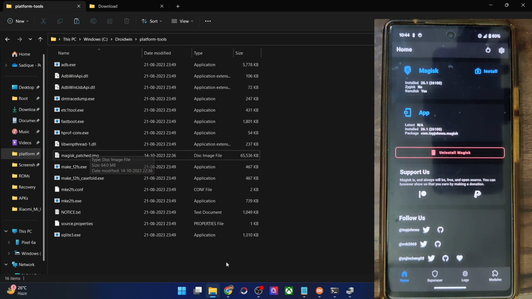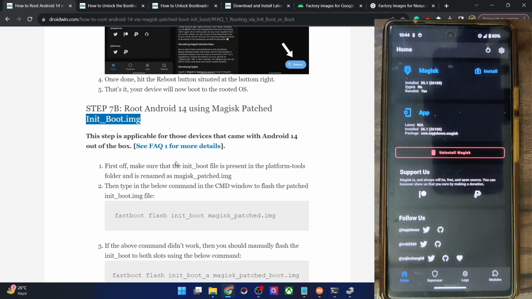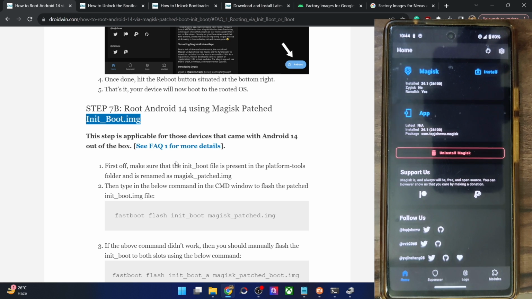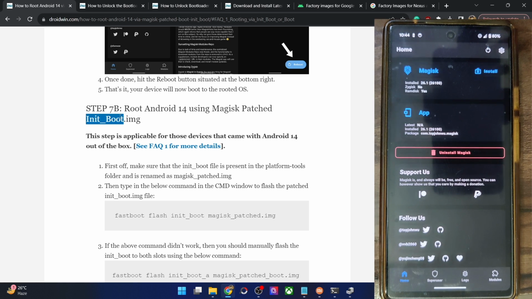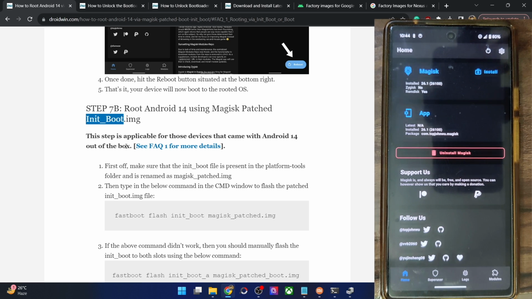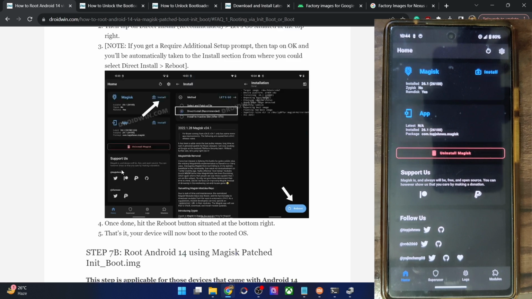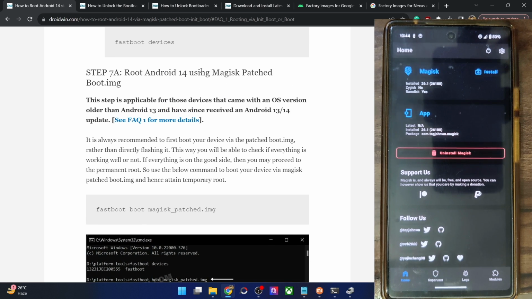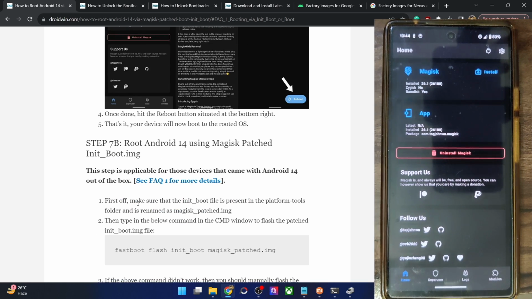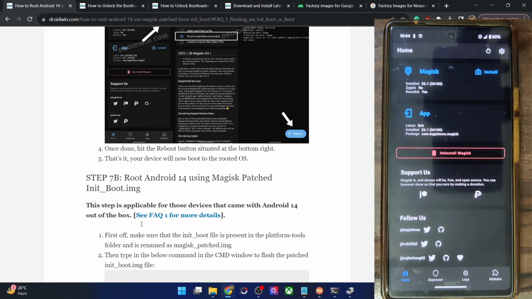Now what you have to do, in case of those phones which came with Android 13 or 14 out of the box, in which case we are using the init boot file, there is just one drawback, that is you cannot check or use the boot command. Instead, you will directly have to use the flash command. So make sure that everything is working fine with the patched init boot file, because as opposed to the boot file, in which case you could use the boot command and first perform a check, in case of init boot you cannot do any such check. Instead, you will have to directly flash the file. So please make sure that the patch file is working well and good.